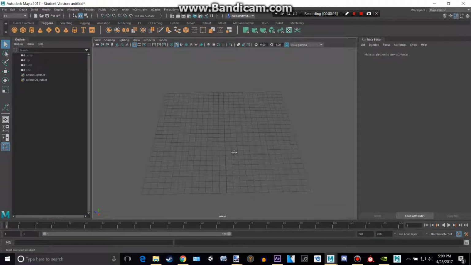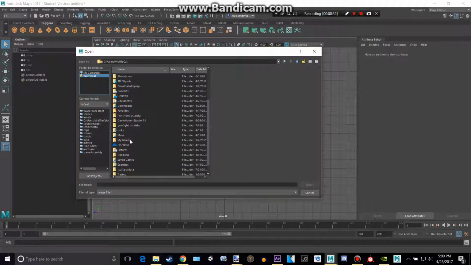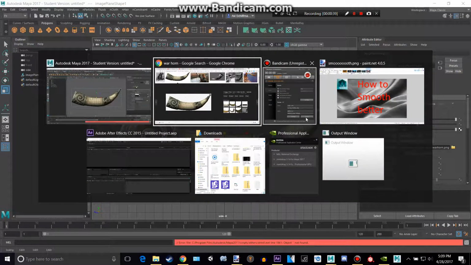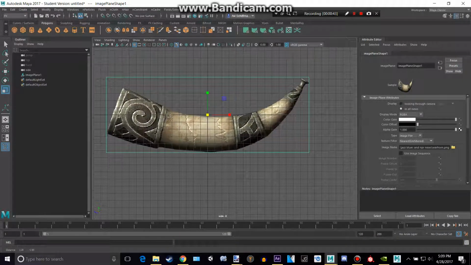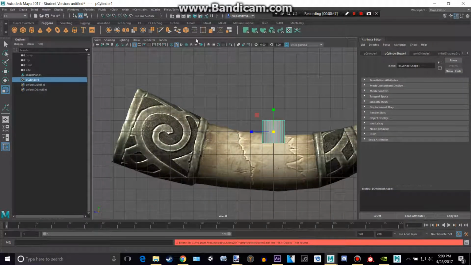Okay, go into Maya and then go into the side view and go to view, image plane, import image, and take our Warhorn. Here it is. Okay, it's nice that it's a PNG actually because it's transparent. Makes it nicer to model with. So this will be a cylinder. Let's create one of them and